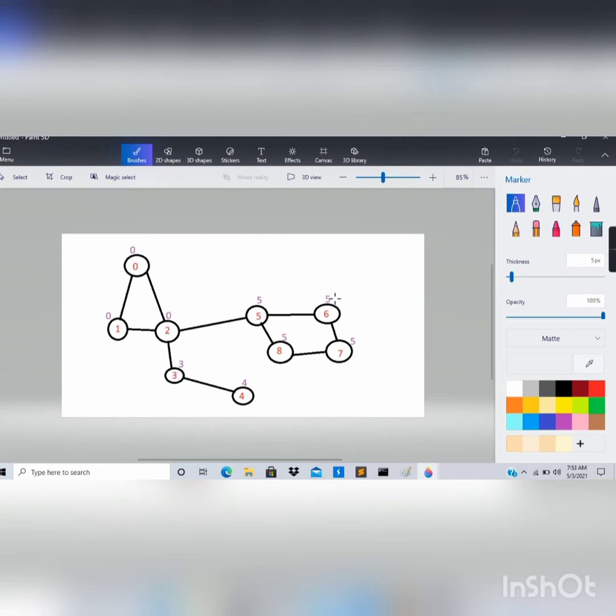For 5 it can go to 6, it can go to 7, from 7 to 8, and from 8 back to 5, but everywhere the low link value was greater or equal, and nowhere was it less than this, so the low link value won't get modified. For 6 it gets modified because it can go to a node which has low link value 5, which is less than the initial low link value, so it would get modified, and similarly it would be modified for 7 and 8 too.